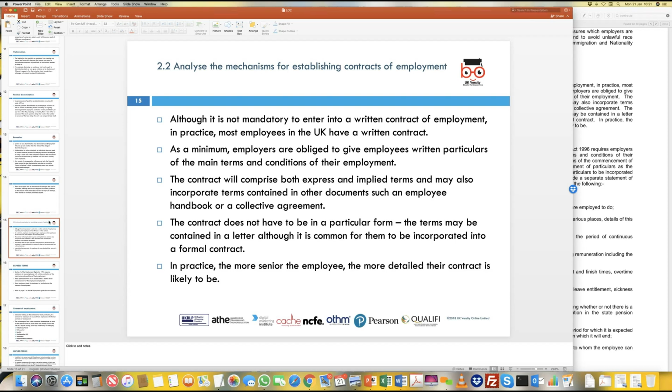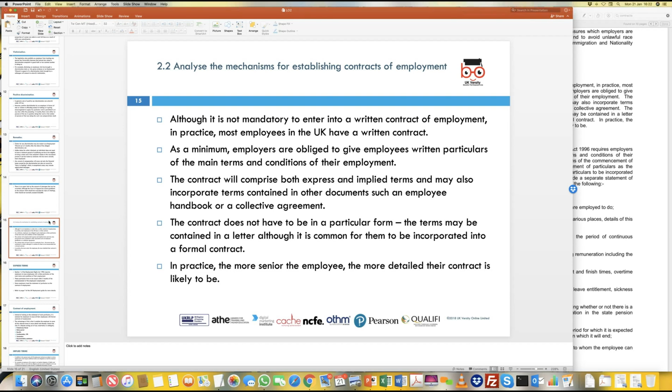Now, in the UK, most employers will actually enter into some sort of a written contract at some stage of employment. Sometimes employers do not draw up a written contract because the role in which the person has been employed might be temporary, because of somebody either going on maternity leave or leaving the organization till somebody else takes that role over. It could be any such reason. But in the majority of cases, employers create written contracts when they employ most people within the organization.